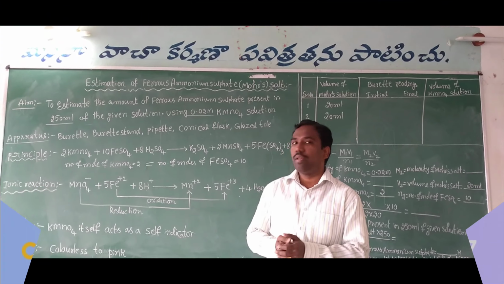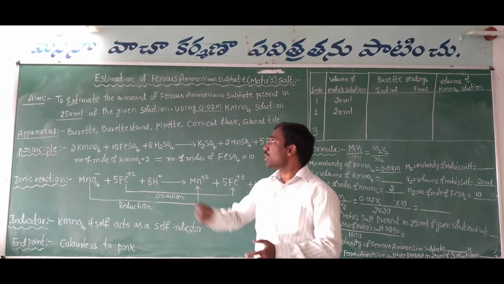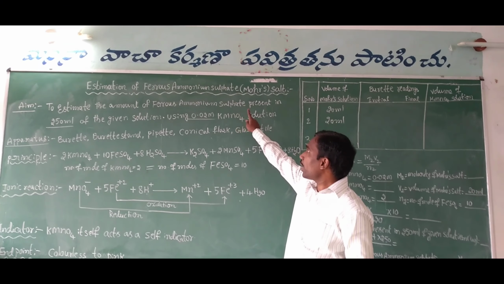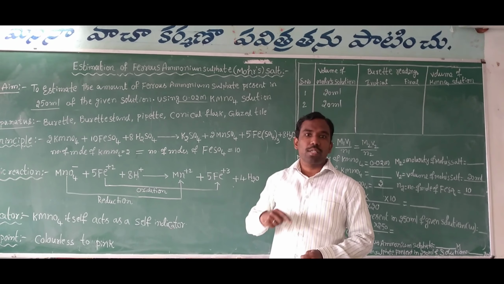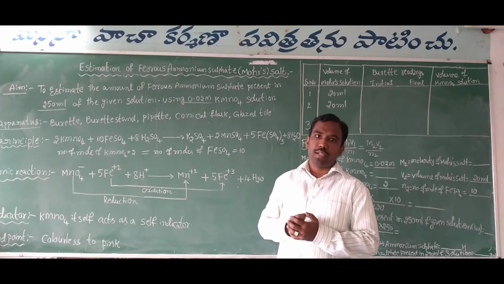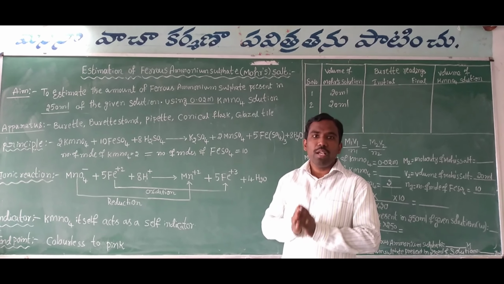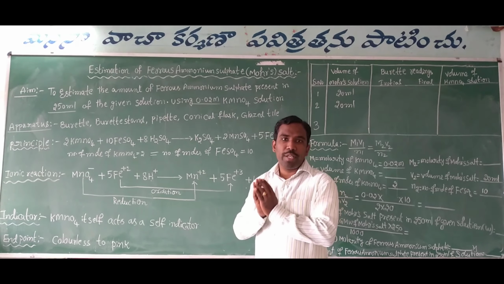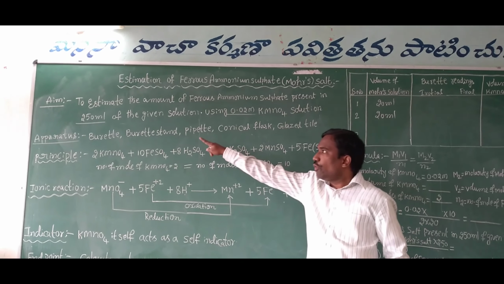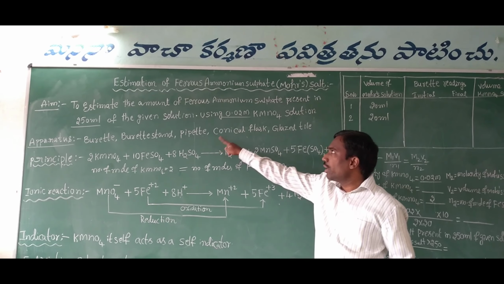Hi students, today we discuss in volumetric analysis the estimation of ferrous ammonium sulfate. This ferrous ammonium sulfate may also be named as Mohr's salt. This is an example of redox titration and permanganometric titration. Aim: to estimate the amount of ferrous ammonium sulfate present in 250 ml of the given solution using